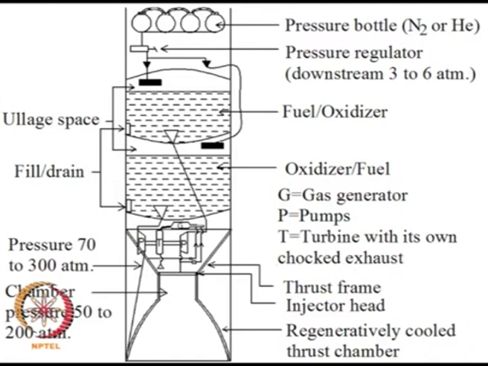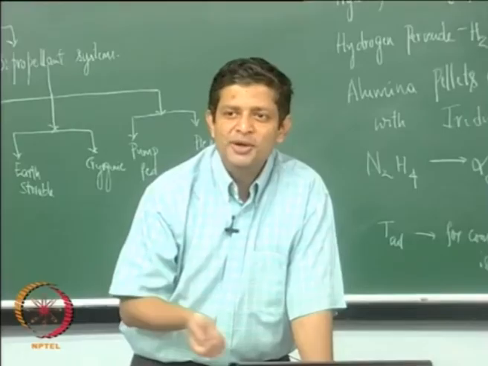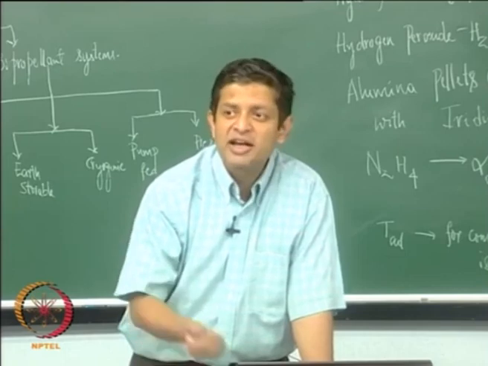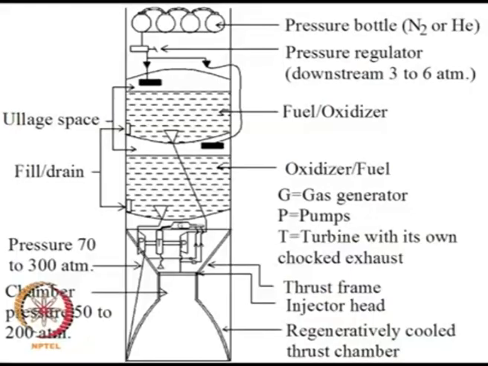And then in the combustion chamber here, you can go to something like 50 to 200 bar. The combustion chamber pressures are very high here. In the space shuttle main engine, the liquid engine, the combustion chamber pressure is somewhere around 200 bar. So somewhere in the pipeline you will have pressures exceeding 300 bar, very high pressure systems. If you have a high pressure system, the other advantage is that the size of the thrust chamber, the size of this rocket motor, can be very small,